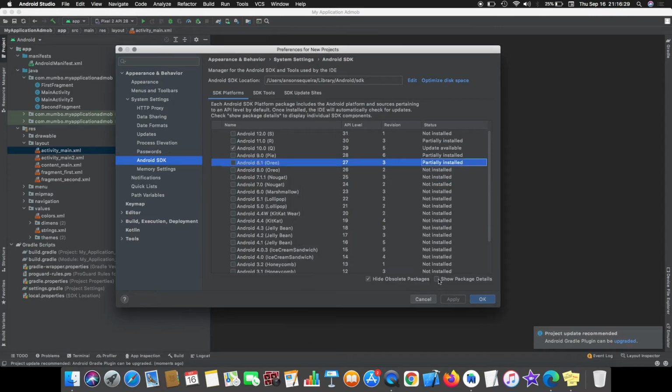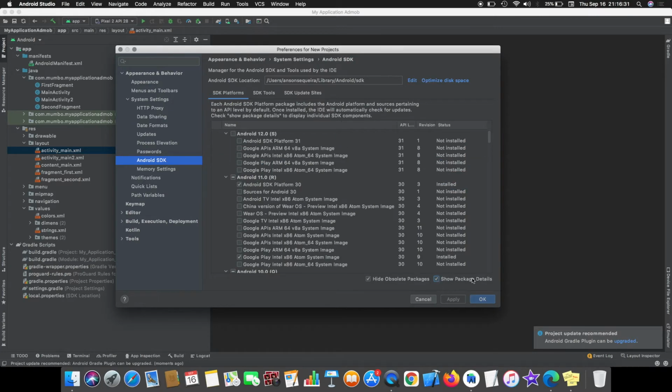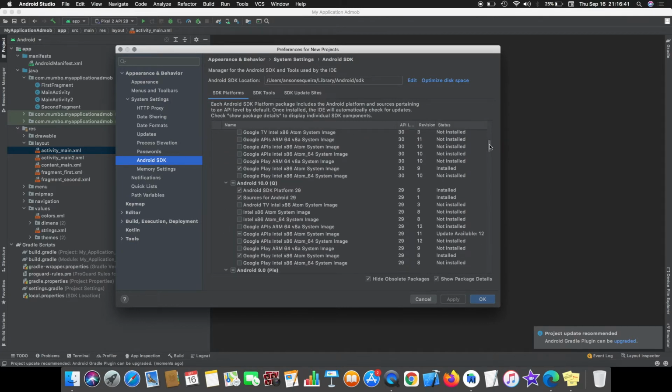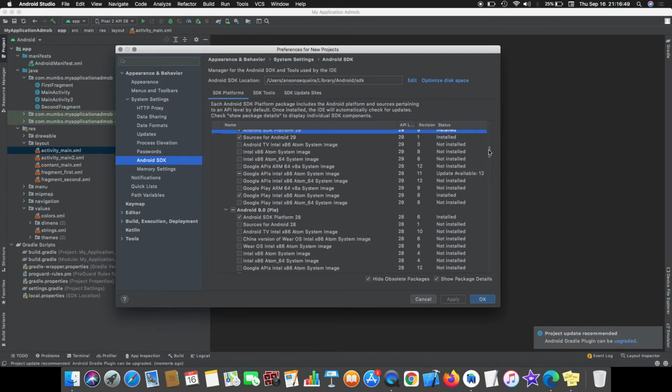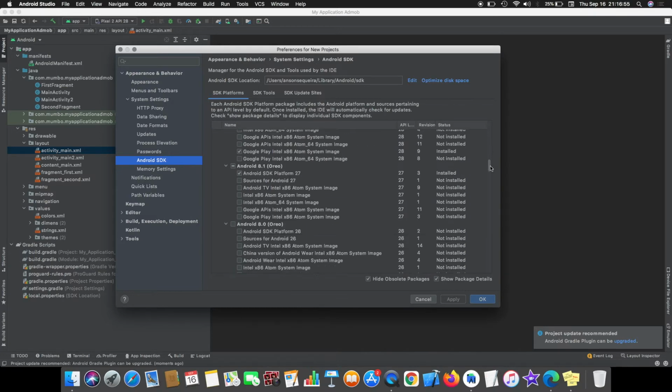So you go and select show package content. It will show the details of every platform that is installed, the details of the packages. So if you don't want a package, you just click the check button at the side of the package, or if you don't want a complete platform, you want to delete a complete platform, you can click the check button of the platform.